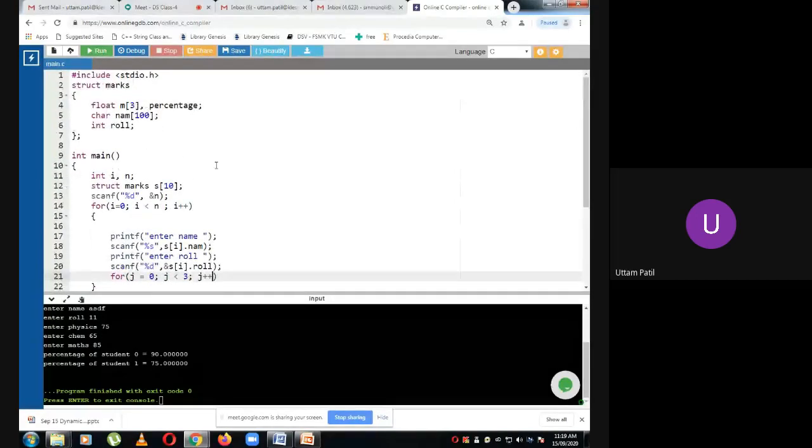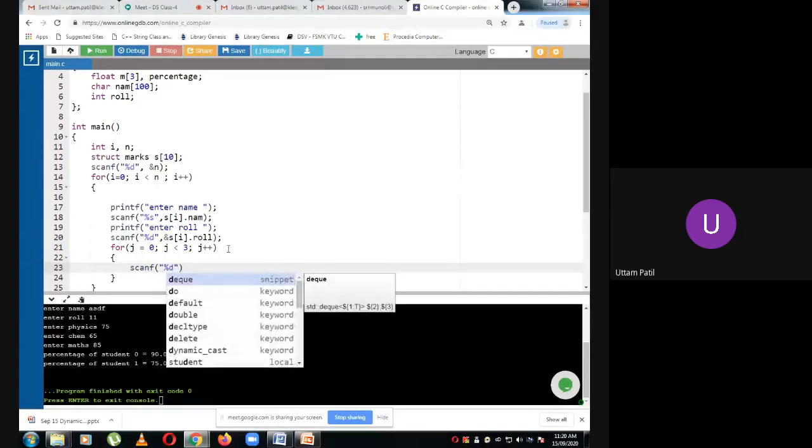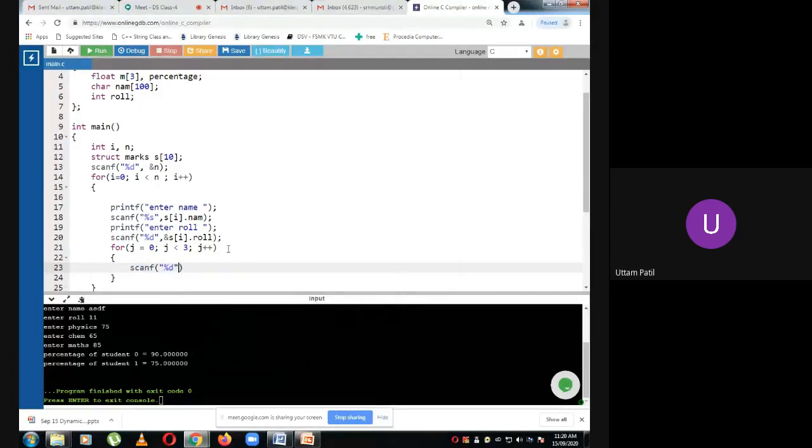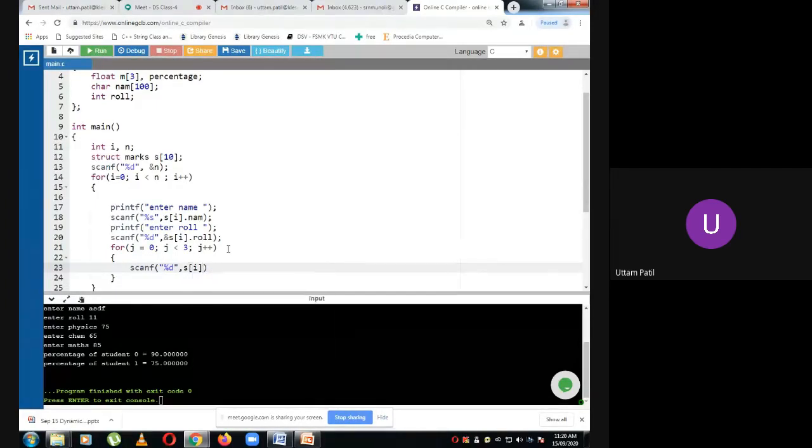Because the size is 3, I'm taking it from j of 0 to j of 2. Then I can write scanf percentage f, s of i, comma m of j.